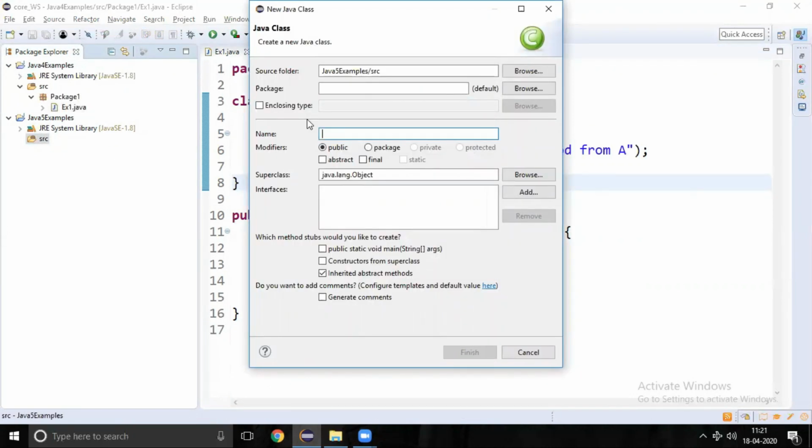In JDK 1.5, by using static imports, we can access the same with a different syntax. In JDK 1.5, we can access one class's static properties from another class using static imports.